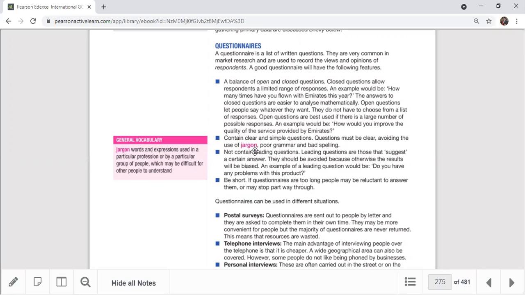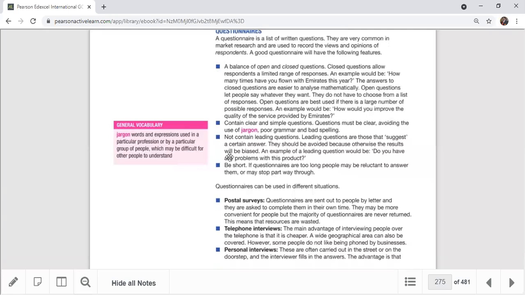Then also avoid poor grammar and bad spelling, and do not contain leading questions, right? Leading questions are those that suggest a certain answer. You should avoid these things because otherwise the result will be biased. And also try to be short. We always say short and sweet. So the questionnaires can be used in different situations. So these are the four